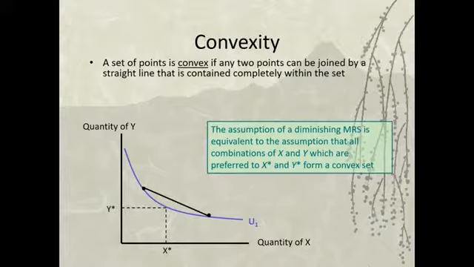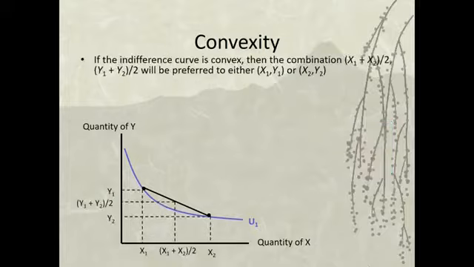So any point if you take with a straight line, what is a straight line? It is actually a perfect substitute kind. Then you can say that it is actually contained inside. All right. Then you can say that this relationship is a convex relationship. So if the indifference curve is convex, then the combination x1 plus x2 by 2 and y1 plus y2 by 2 will be preferred to either x1 y1 or x2 y2. So this is what it is in a nutshell. So your x1 and y1 is in this case